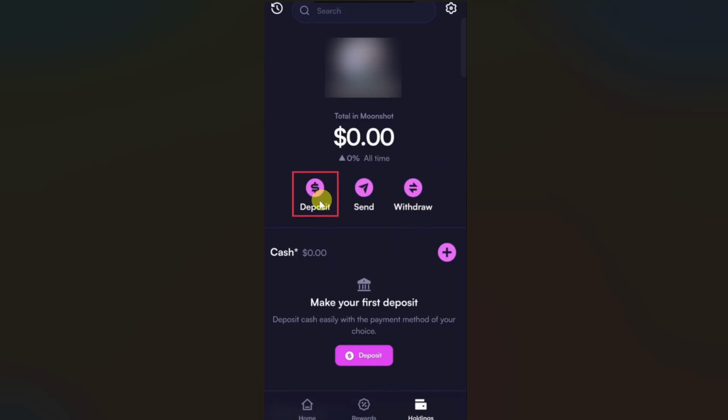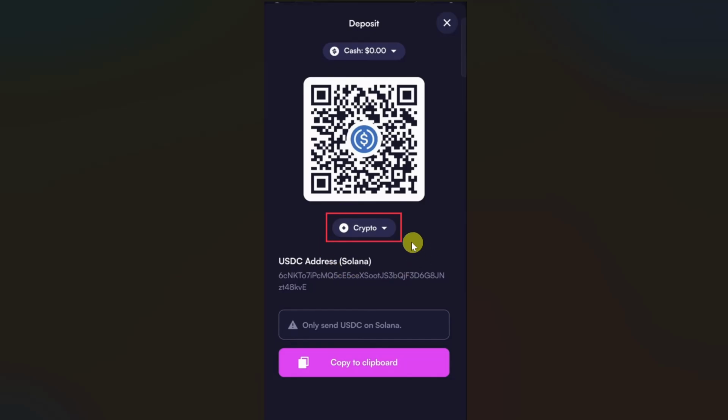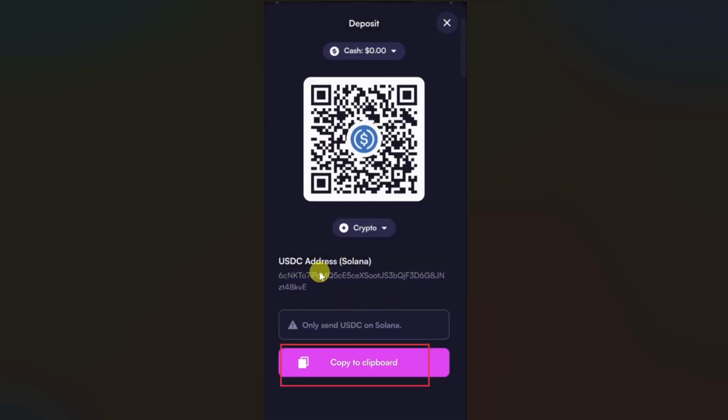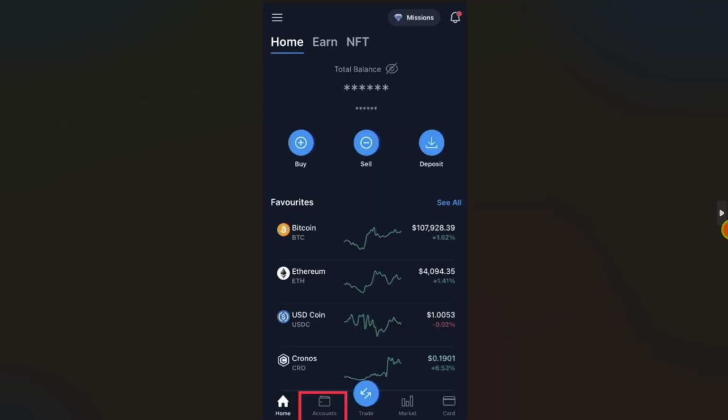From here, you have to click on this deposit button, and then on the screen you have to make sure that in this drop down menu you have selected this crypto option, and then you will be able to get your USDT address or Solana. So you just have to click on this copy to clipboard button, and then you have to open up your